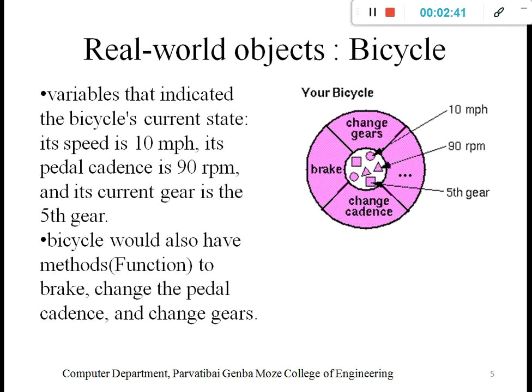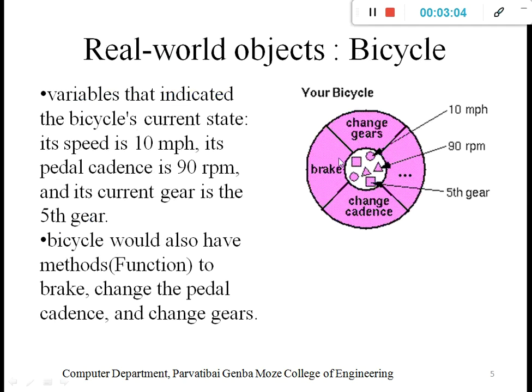A real world object is a bicycle. These are the data attributes of a particular object, and these are the functions, or methods, of the object. Your bicycle is an object.